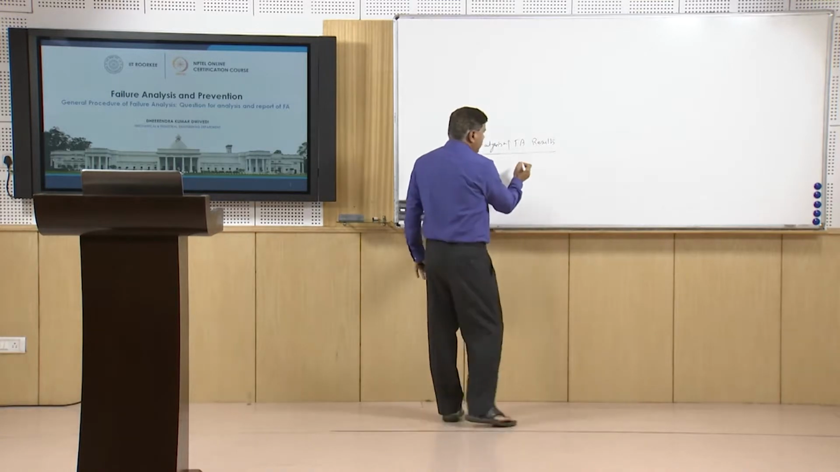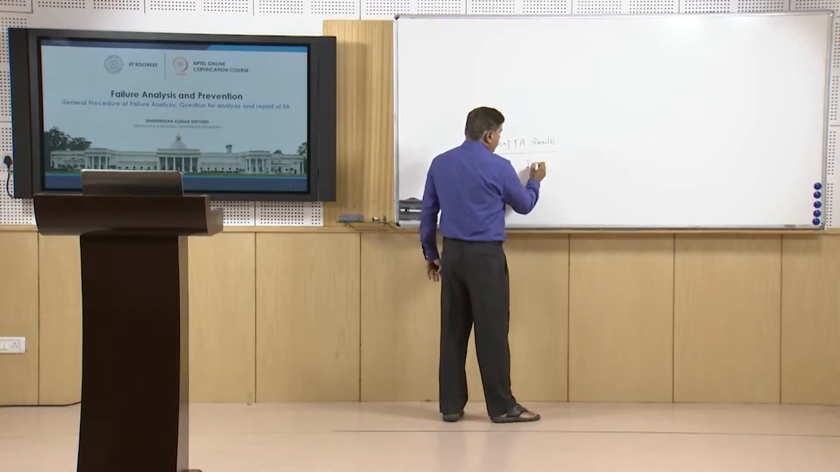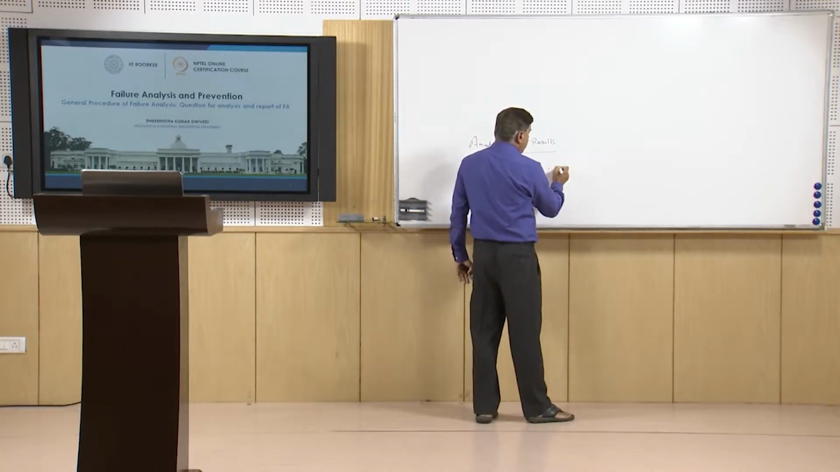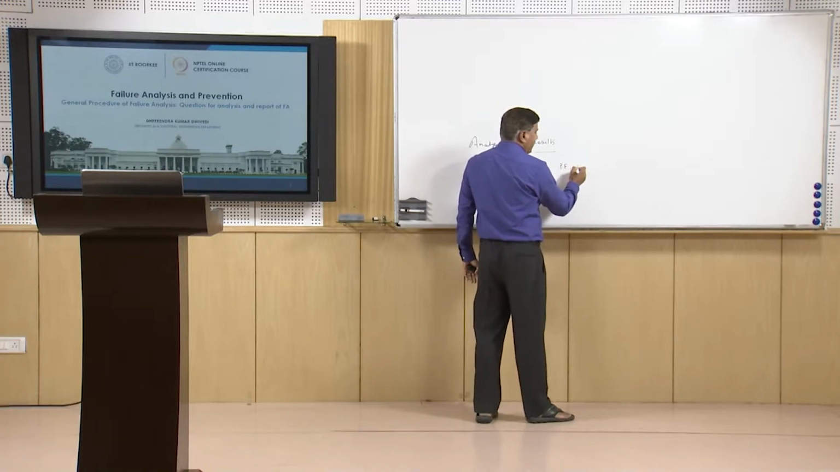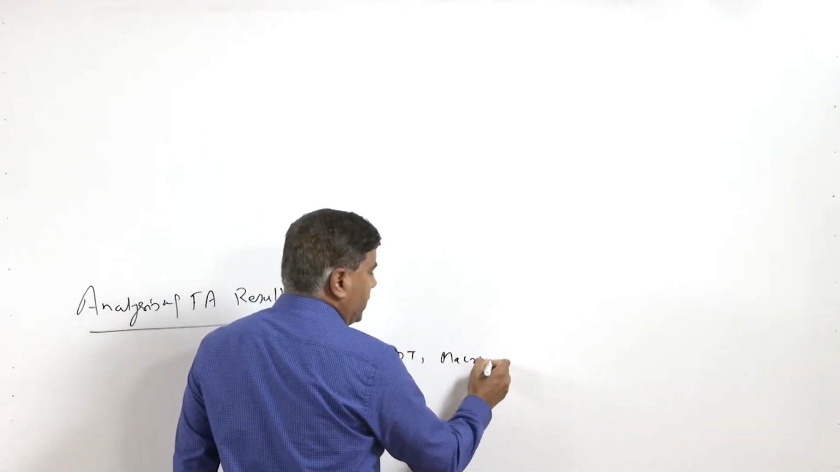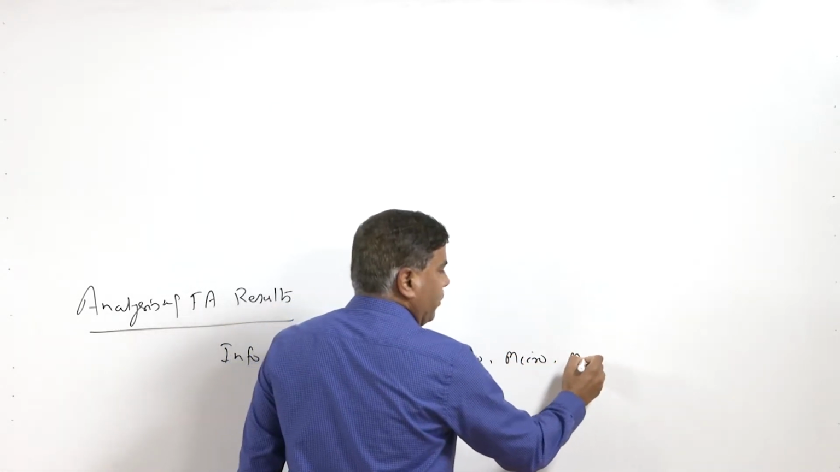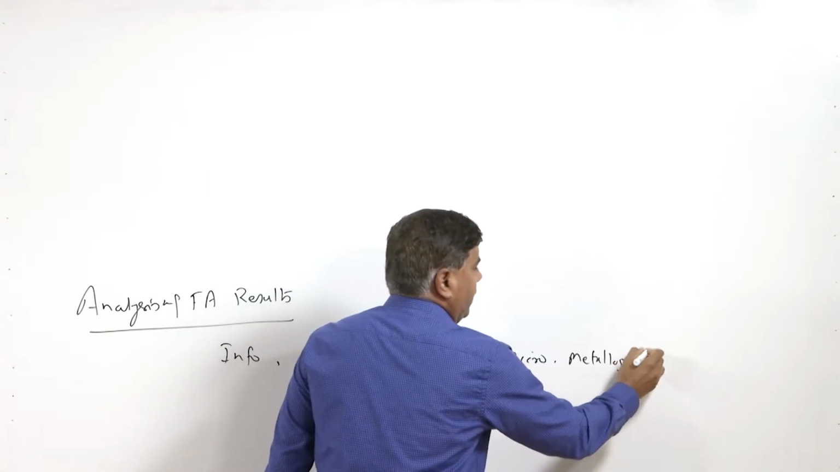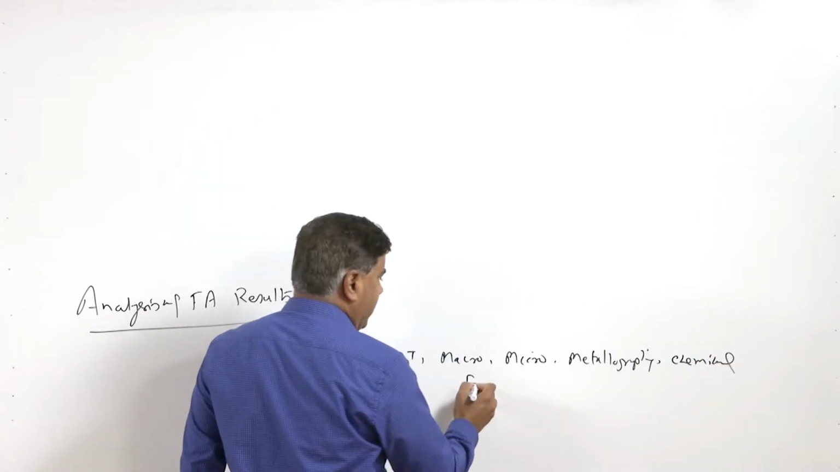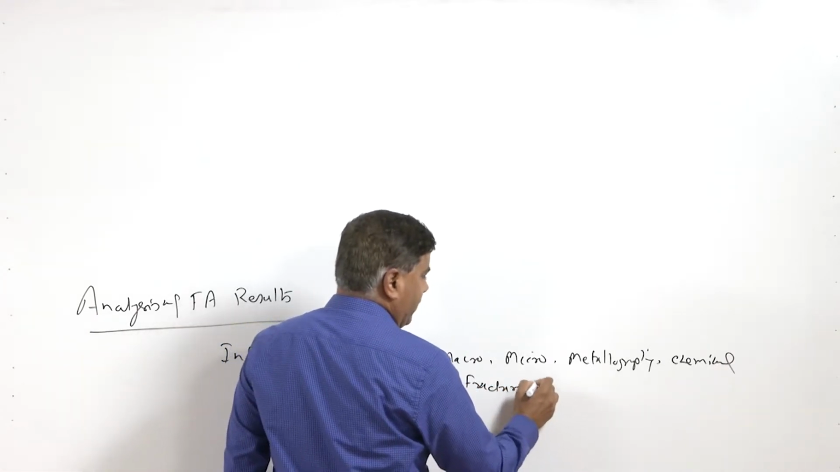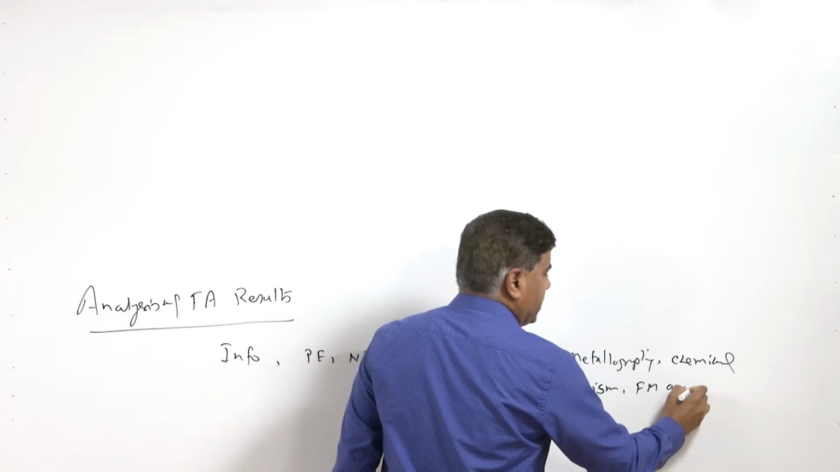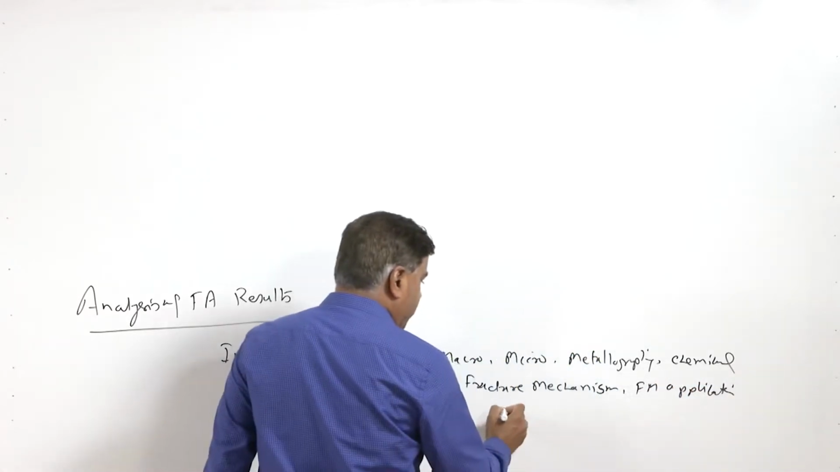What analysis involves is the information which we have collected from the different aspects, either through interrogations, talking to the people, collection of background information, preliminary examination, NDT of the failed component, macroscopy of the failed component, microscopy of the failed component, metallography, then chemical analysis, fracture mechanism determination,